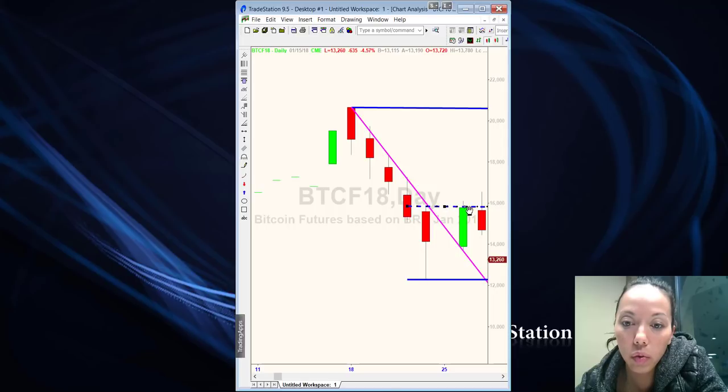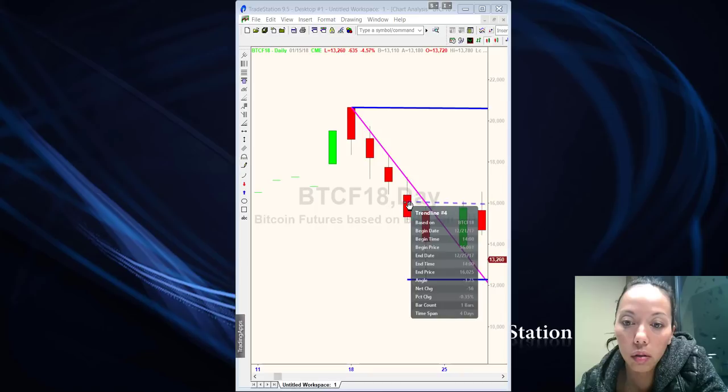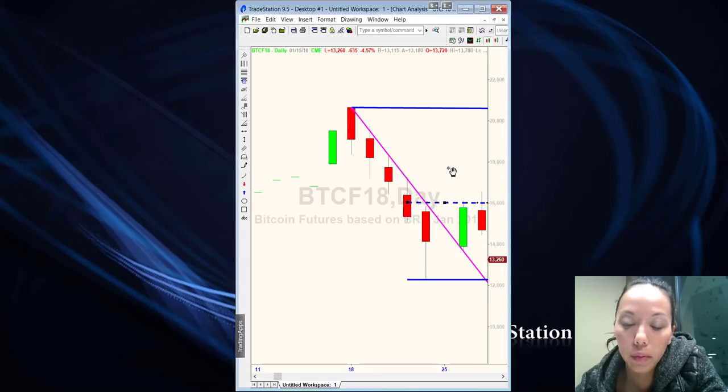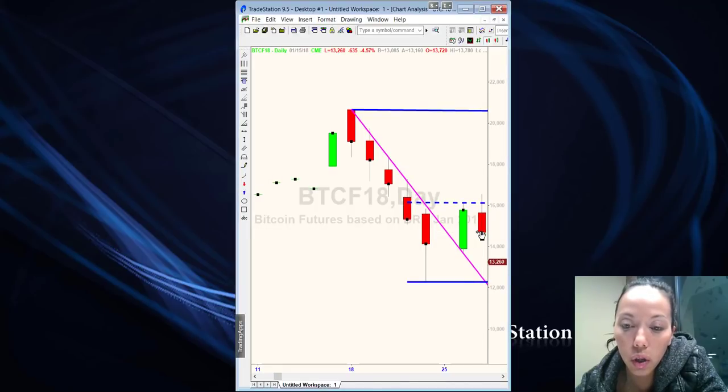Wow, how come the whole thing isn't moving? Whatever. Okay. There we go. So this high, now it did close. It still closed right here at 14,676 about. So it didn't close above the prior day's high, but it did trade above it. Okay, showing some strength there. Now this downtrend is broken. So I'm going to take that off,